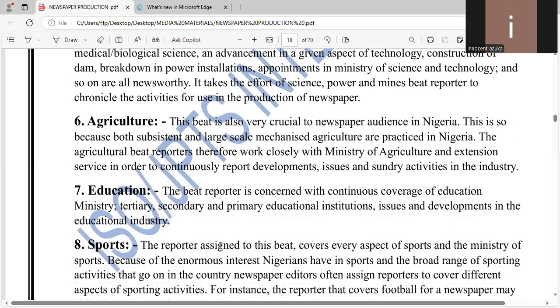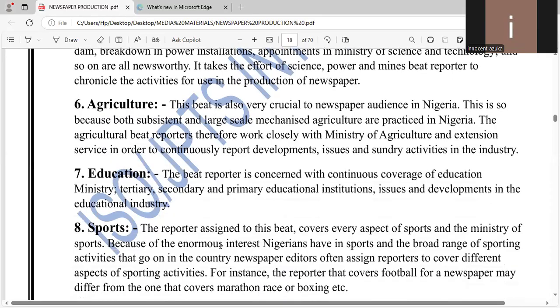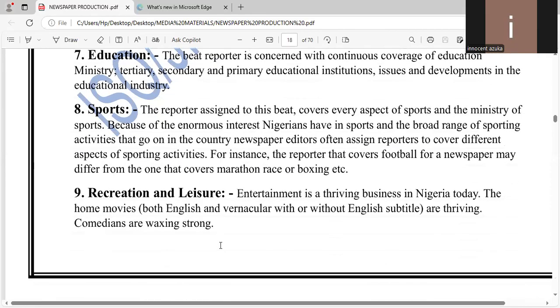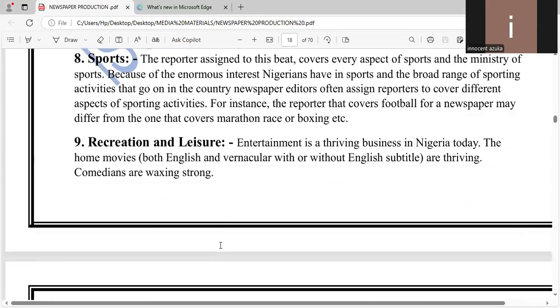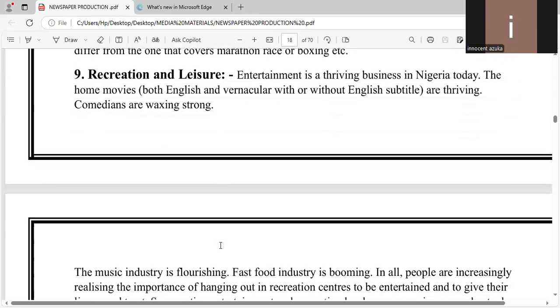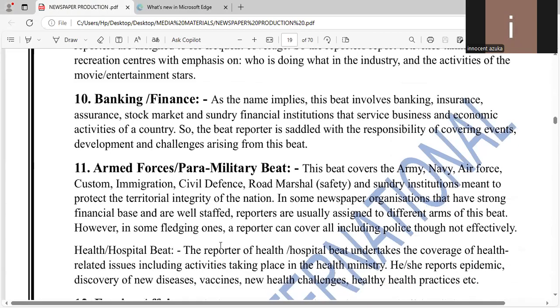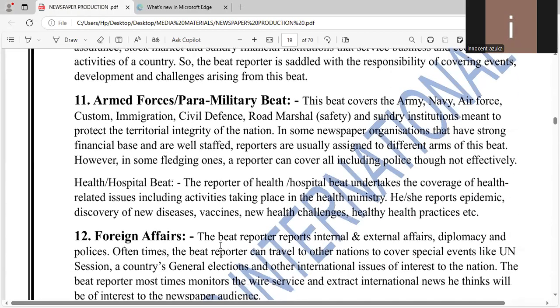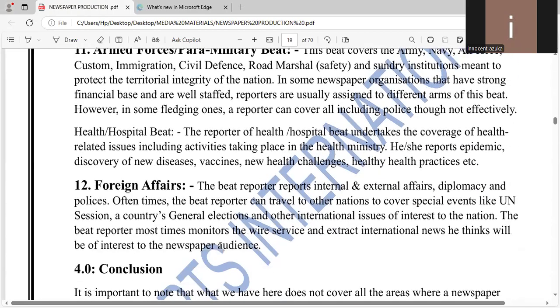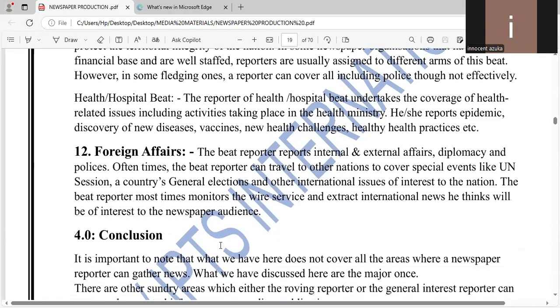Then we have agriculture, education, sports, recruitment, recreation or license. We have banking or finance. We have the armed forces, paramilitary bits. We have foreign affairs. So all these are ways you can get